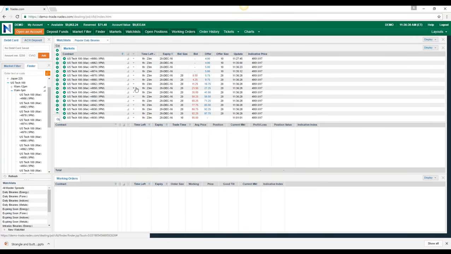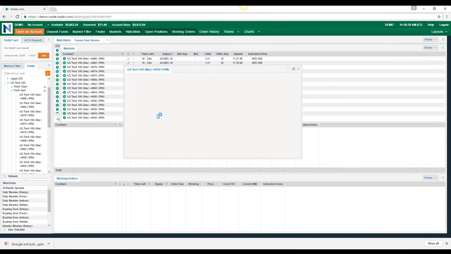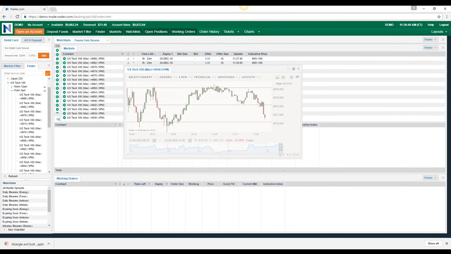What I want to do here is, if you click right here on any one of these binary contracts, you can click this arrow. Right here, you can pull up a binary ladder chart. I want to do that real quick just to help us visualize what I want to show you here. And we're going to talk a little bit about the difference of in-the-money binaries and at-the-money binaries,